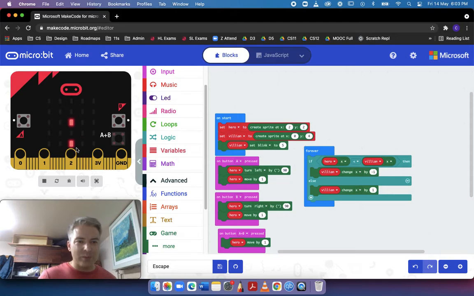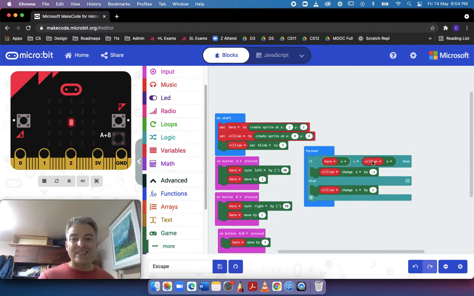You see it's kind of jumping back and forth like crazy here. Maybe you can think to yourself, why is that happening? Why is it going crazy jumping back and forth here? Let me give you a second to think about that. You can pause the video if you want. If you unpaused, what's happening here is that we're constantly checking the villain versus the hero, and the villain's X